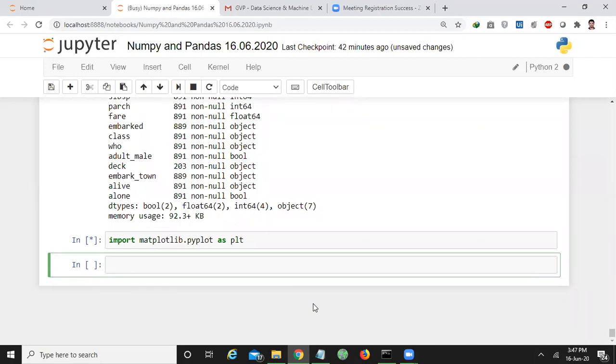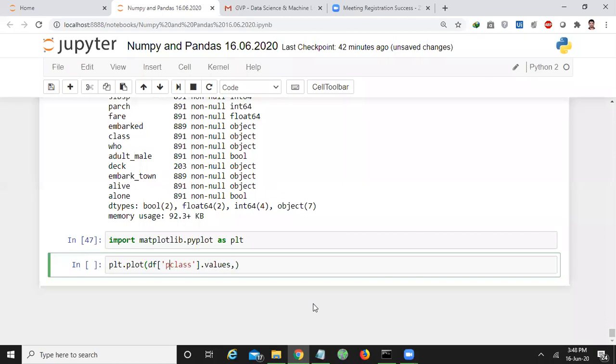This package allows us to study the data visually. For example, I want to plot the data of pclass, that is, passenger class values.